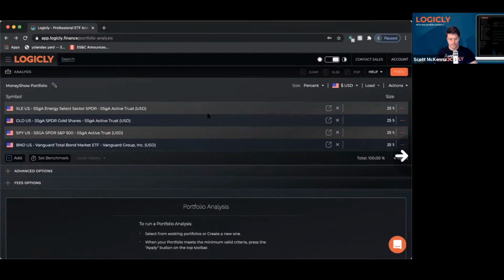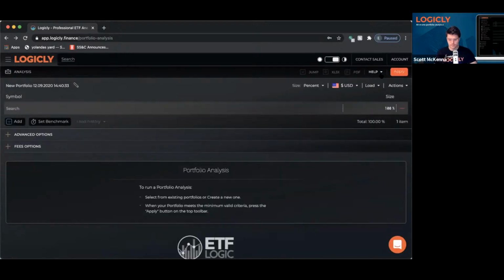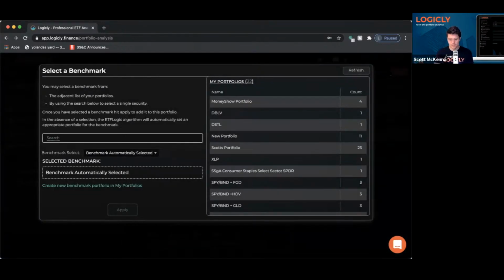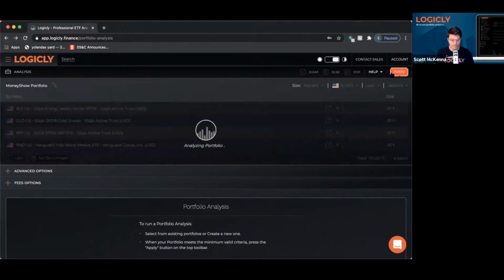I can set a custom benchmark as well. In this case, I'm probably just going to let it give a 60/40, which is the default, and I can hit apply. There are also advanced options I want to go over as we're loading this up.